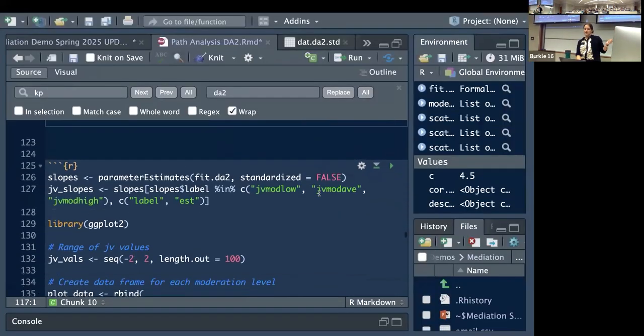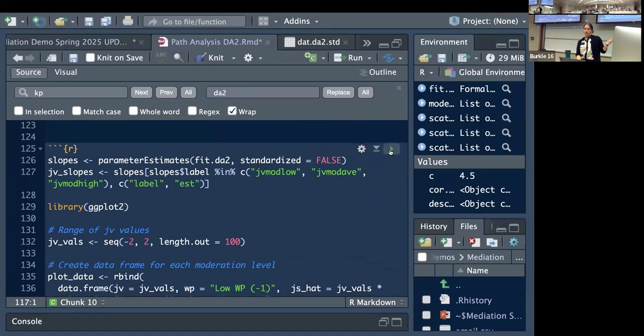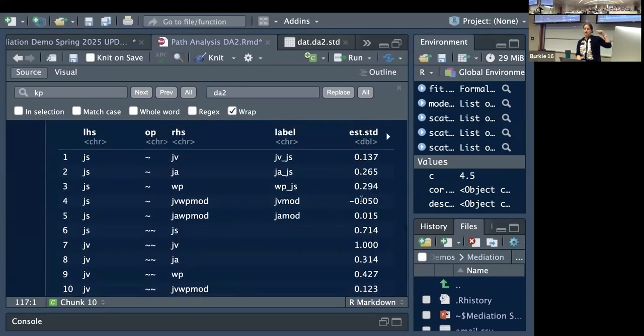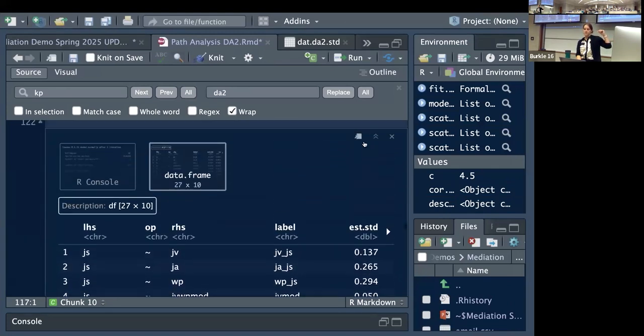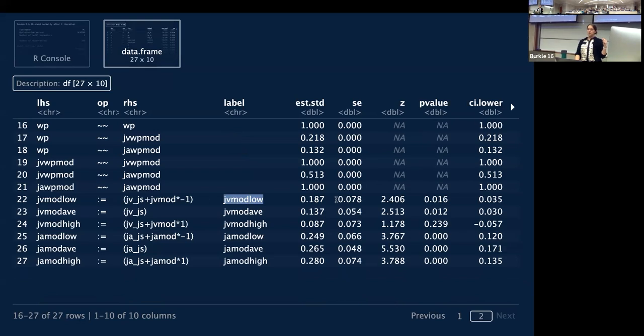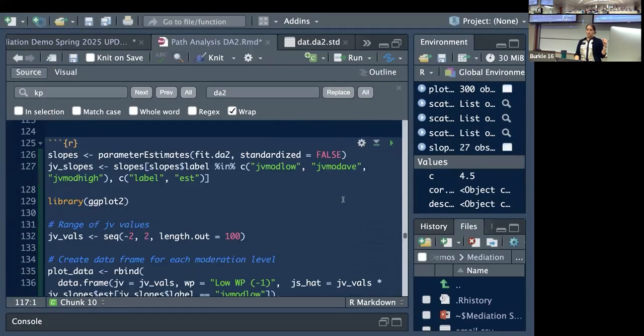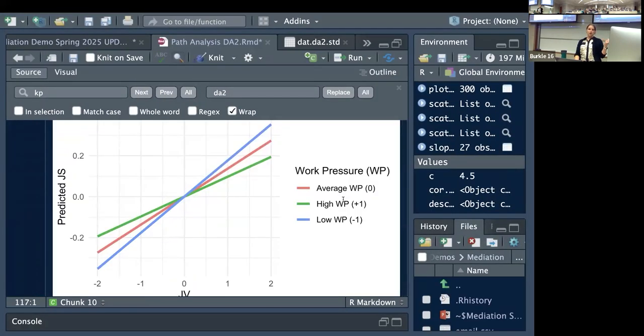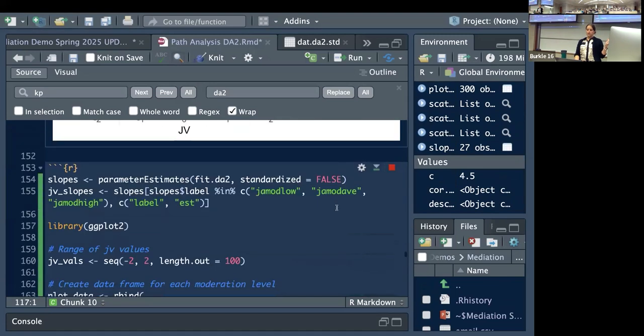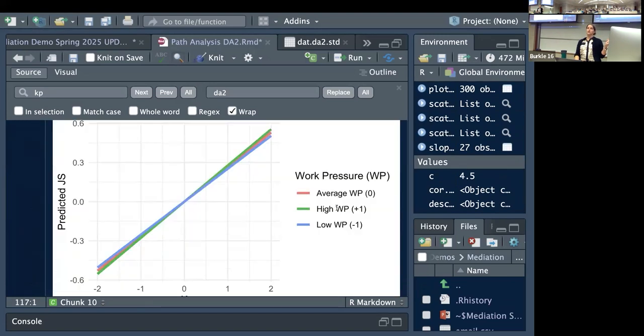So let's look at how I specified this in R. Oh, by the way, let's look back at this last one. The moderation was not significant, right? Check these out. Here is the moderation when work passion is low, 0.19, 0.14, 0.09. If we slope them, they look like this. They're actually all the same. And if we plot the other one, they're even closer. Neither moderation was significant.